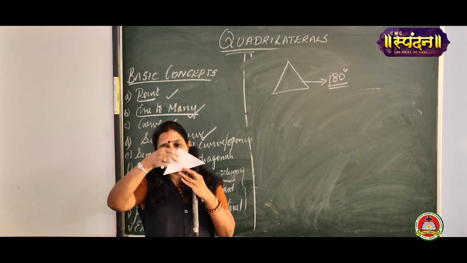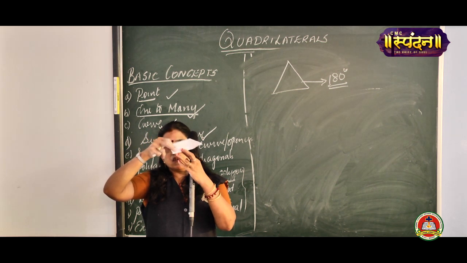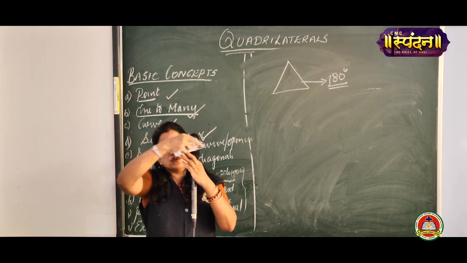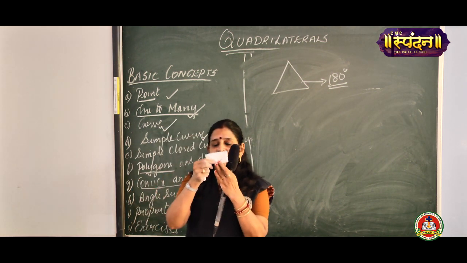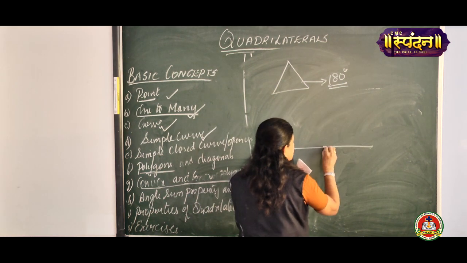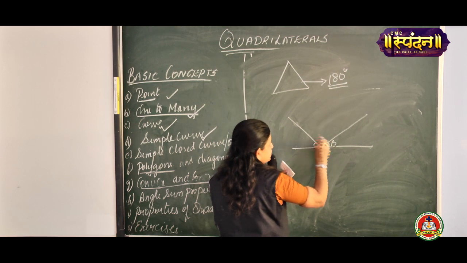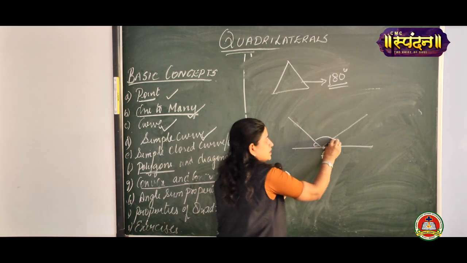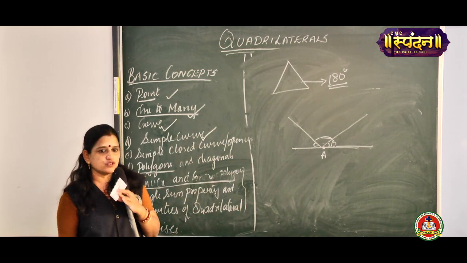Now after dropping the perpendicular, along the midpoint I am going to fold this vertex A. Got it? Along this perpendicular I am going to fold this vertex C. Along this perpendicular I am going to fold this vertex B. If you see, all these three vertices are meeting at a point. Vertex A was meeting over here, and B was meeting over here, and C was meeting over here. So if you observe in this figure, all these three angles A plus B plus C will be equal to 180 degrees.